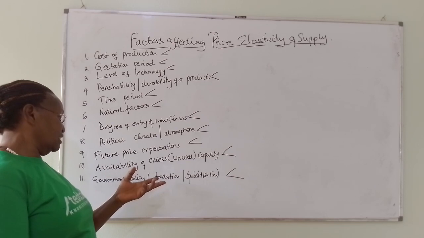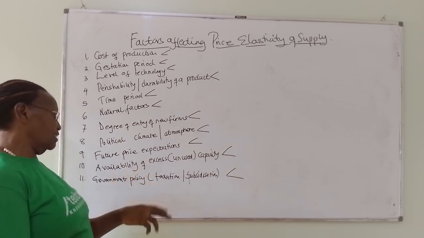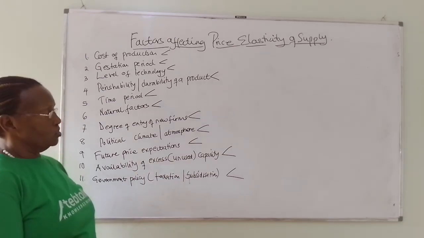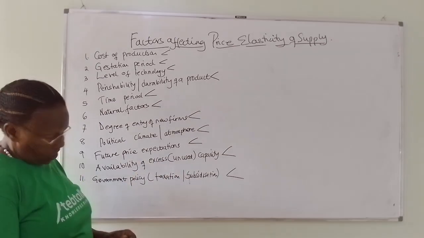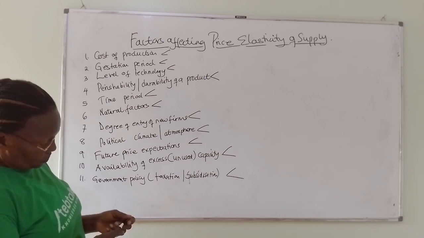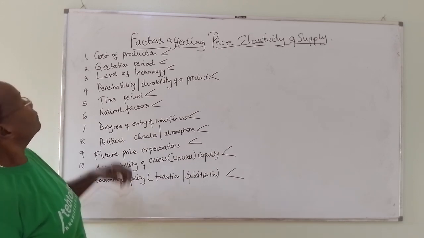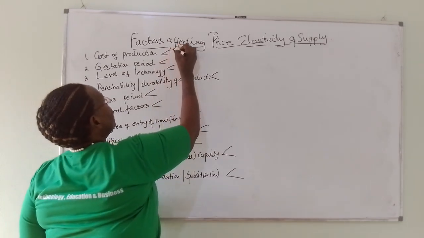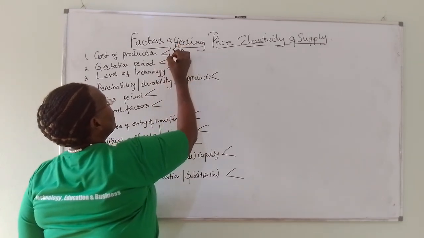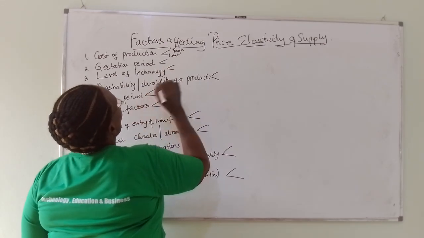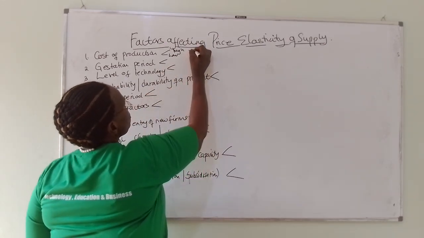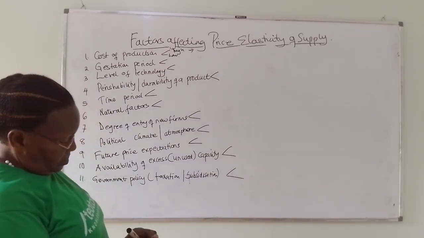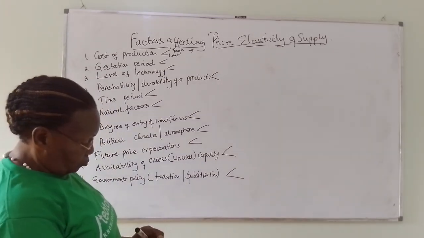Is government taxing that commodity, or is it subsidizing it? And whichever policy it is adopting, it will have its own impact on the quantity supplied. So let's try to study one by one. Cost of production. Costs of production can either be high or they can be low. And when we have high costs of production, that is, the producer is spending a lot of money to produce a given level of output,